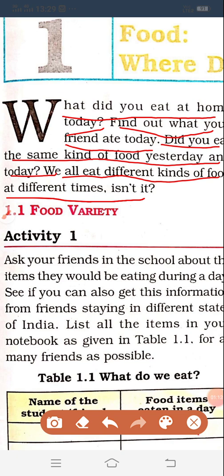Have you taken the same kinds of food today and yesterday? No, because there are so many varieties of food present in our world, so that's why we have taken different kinds of food at different times. In our lunch, in our breakfast, in our dinner, we take different kinds of food. Now come on, next paragraph,